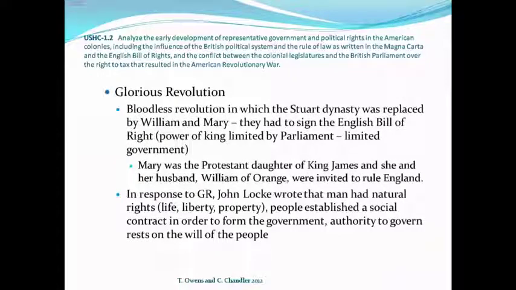The next important event to occur was the Glorious Revolution. You don't need to know the details of the Glorious Revolution, but what you need to know is that some Enlightenment ideas came out of it. In particular, John Locke's social contract theory, which states that the government has a responsibility to protect the natural rights of man, life, liberty, and property, and in return, the people then support the government. If the government breaks that contract by not upholding those rights, then the people can get rid of the government. John Locke is going to be a big influence on the early founders, especially Thomas Jefferson.